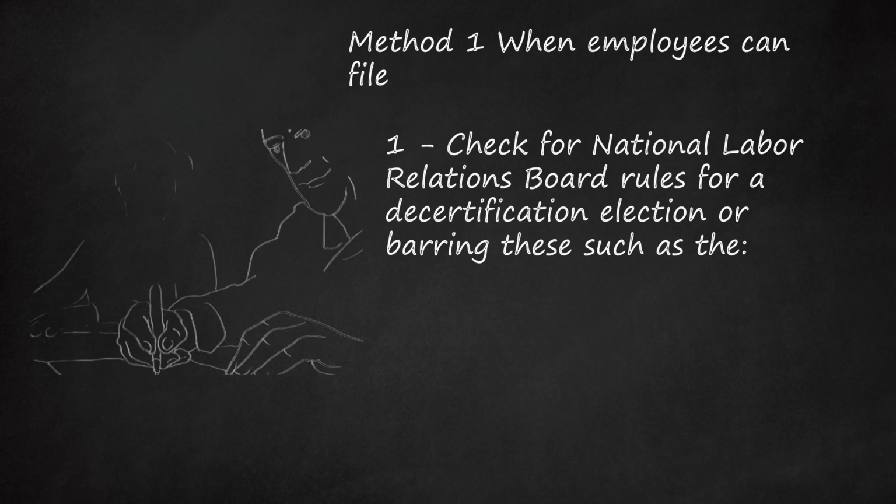In the healthcare industry, such as hospitals, the 30-day window period occurs 90 to 120 days before the expiration date of the contract, or after the 3-year anniversary of that contract, if not expired, whichever comes first. Contract expired. A decertification petition can also be filed anytime after a contract expires or becomes more than 3 years